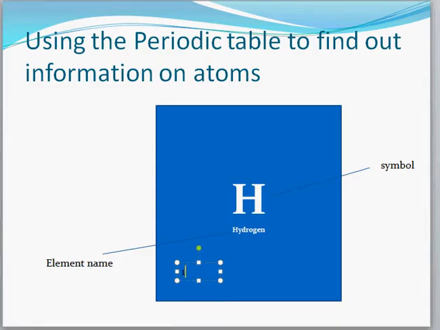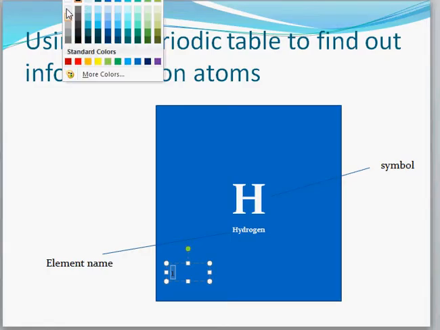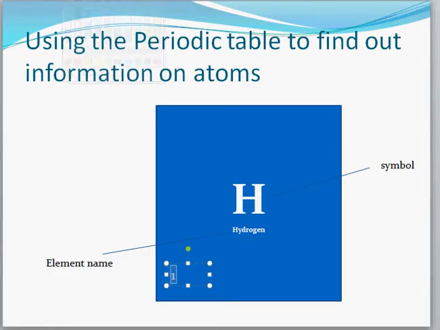The atomic number of hydrogen is 1. Okay, this number here tells you how many protons there are. So the atomic number